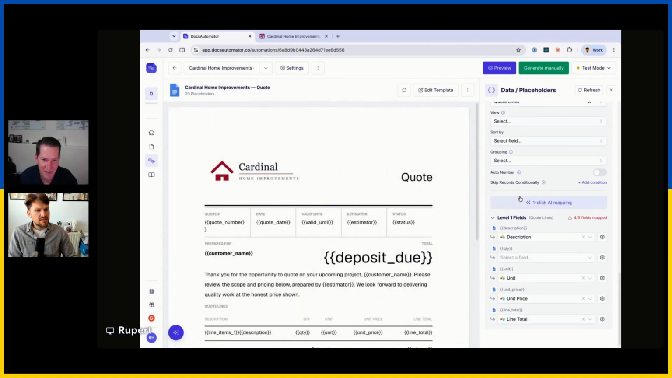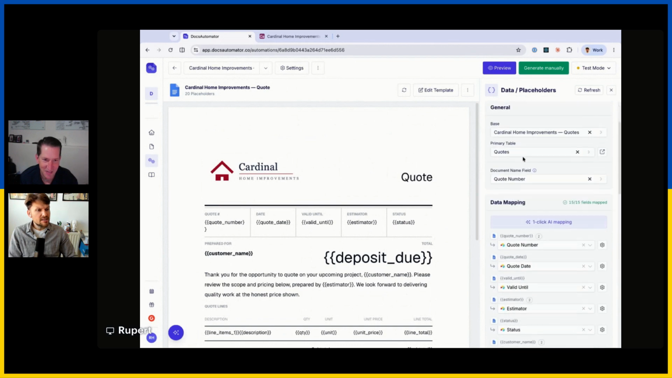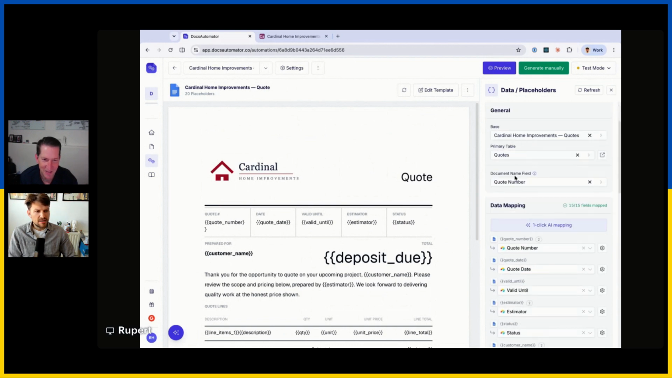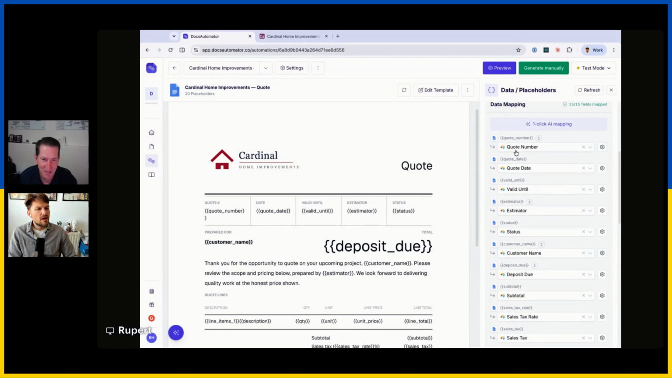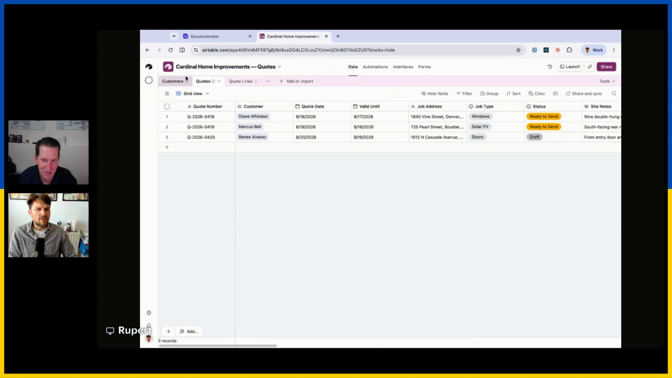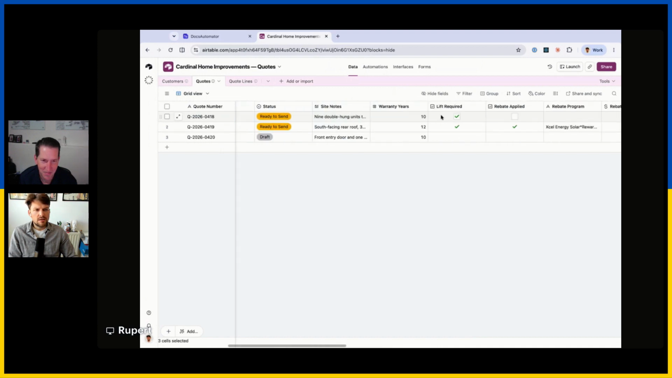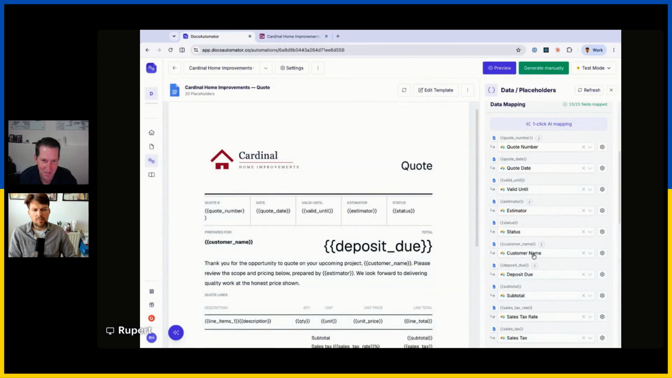So this is basically how data is then mapped. We'd already select the base, the table, and then it's all about taking these placeholders that you see here in the template and mapping them to the corresponding fields in Airtable. So if we go into Airtable, we have this base here where I'm sending out these quotes. And then, of course, we find all our data in those fields that can then be mapped to the placeholders